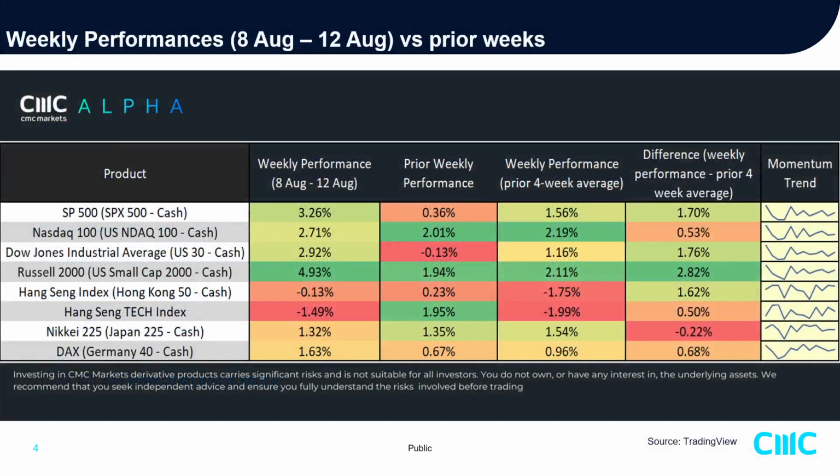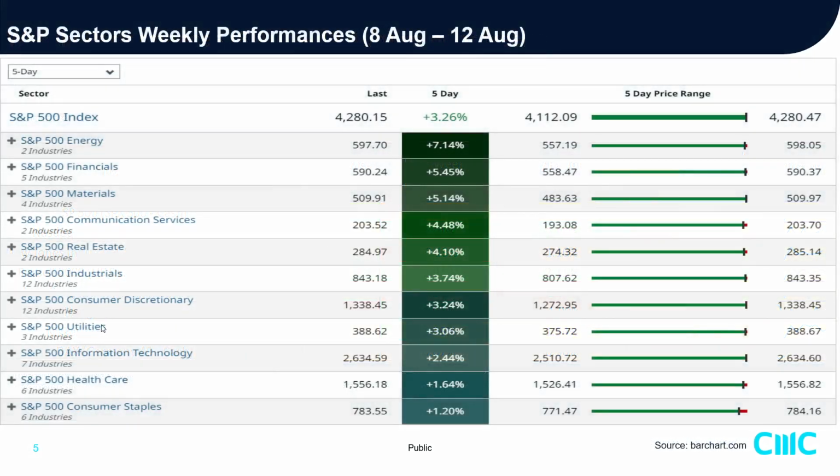All right. So before we go into the technical chart of the various stock indices, where I will highlight the trend bias and key levels, let's take a quick tour on the performance across the globe from the US stock market, Asia as represented by these two big major indices, the Asia region, which is the China-related stock market, the Hang Seng Index and the Hang Seng Tech, as well as the Nikkei 225, followed by the German 40 index.